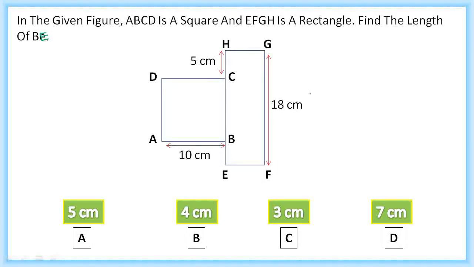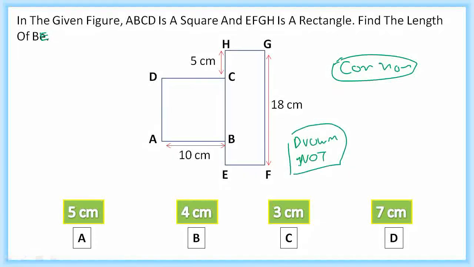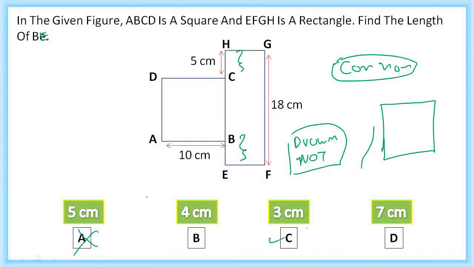Okay, time's up. So this is one common mistake. Sometimes it may not be written whether the figure is drawn to scale or not drawn to scale. This is the one thing that we have to see properly, because sometimes a diagram looks like a square but it is actually a rectangle, so you can get confused and get the wrong answer. Same thing here, it might seem that these two are equal, but A is not the answer. I'm going to tell you in this case the answer is C.